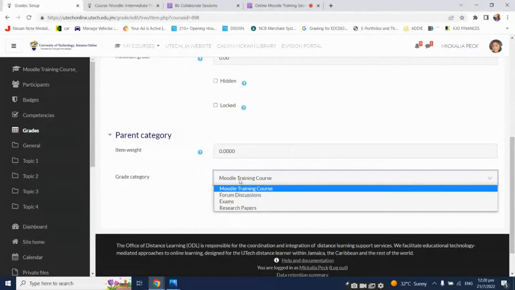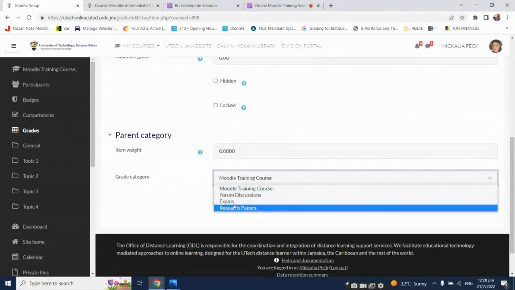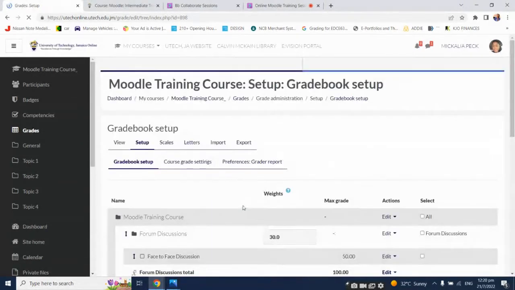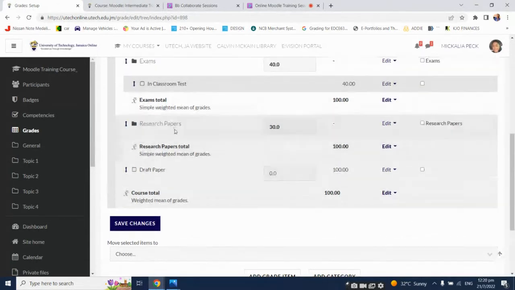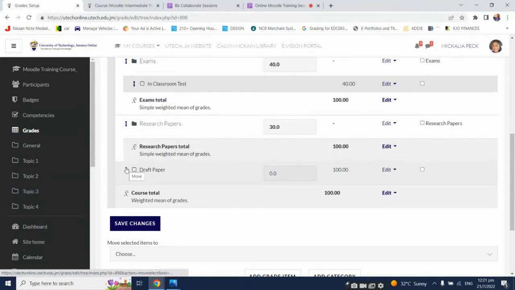So it's automatically going to come under the course, but no grade category as it relates to the folders was selected. So if I click on save changes, it just lingers at the bottom. All right, so it's not under research paper. You know it's under research paper if it is indented. It's nowhere. What I can do, I can either click on this and it allows me to move it up,